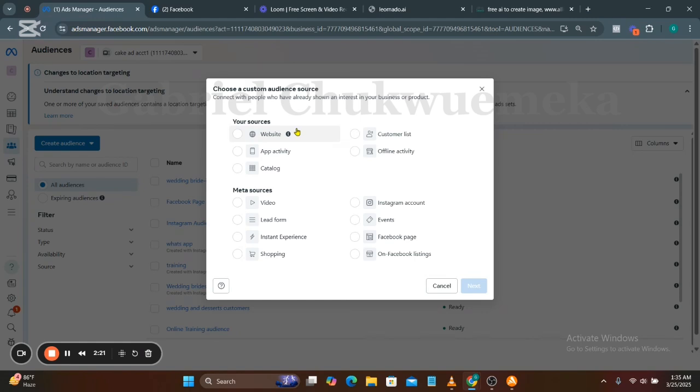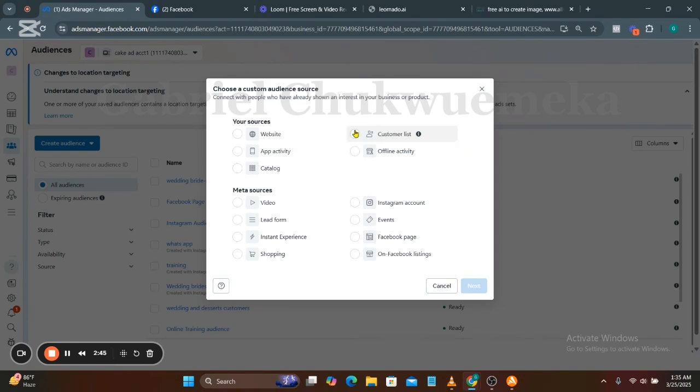Now, if you want to input the data in your ads manager so you can target these customers with a different type of ad for probably a different product, or you want to target customers that are like the ones that have already bought from you, you can target them using